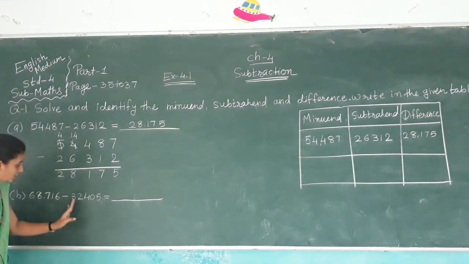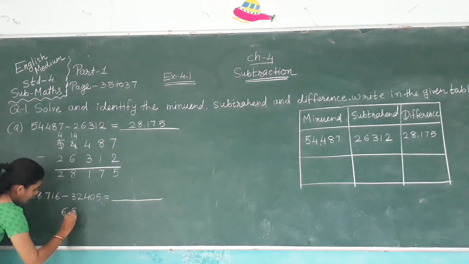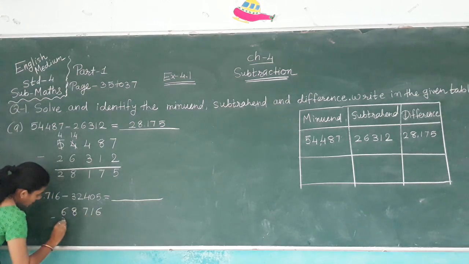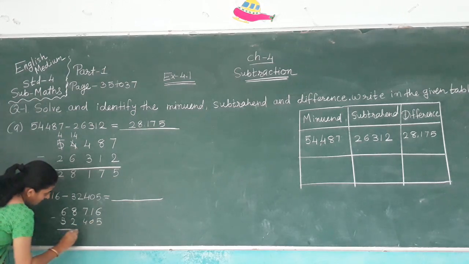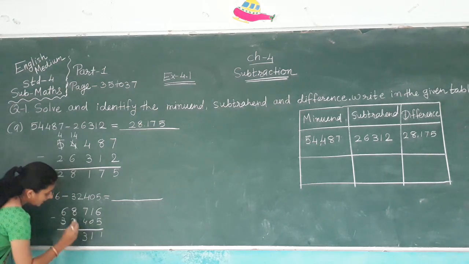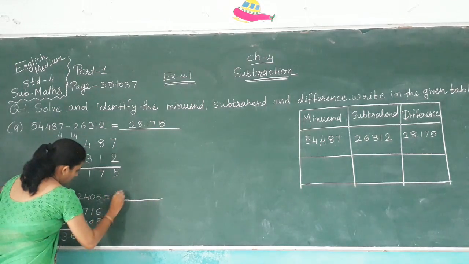68,716 minus 32,405. Now subtract both numbers. 6 minus 5, 1. 1 minus 0, 1. 7 minus 4, 3. 8 minus 2, 6, and 6 minus 3, 3. We get answer